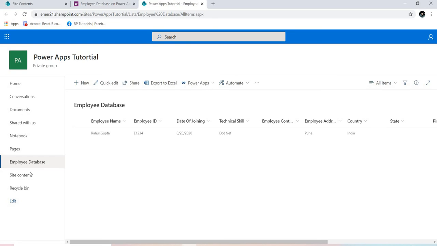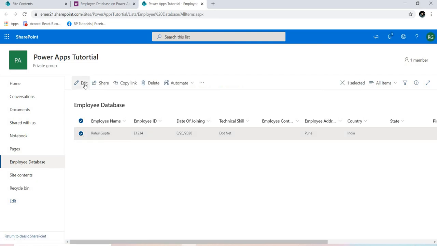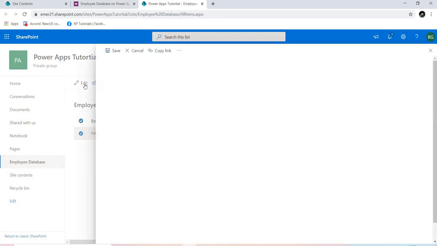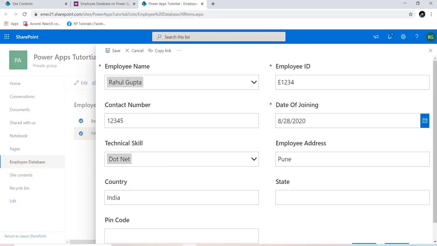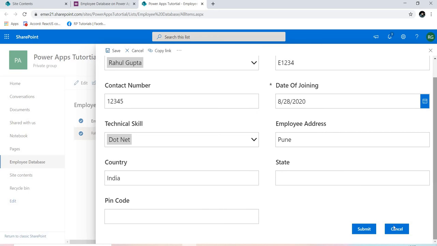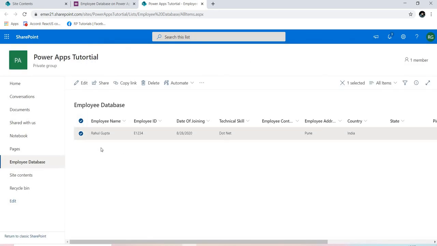I will click on this link. My form is open. I will refresh it once. Okay, I have made one entry. Now I select that, hit on edit. Okay, so our edit form is ready. Click on cancel.